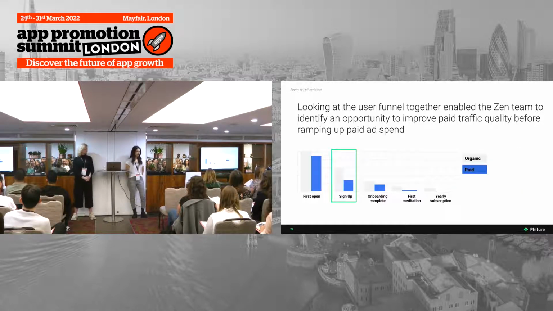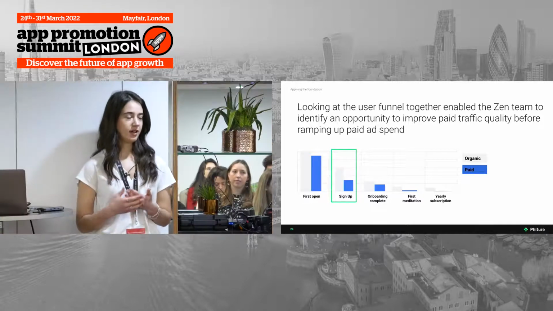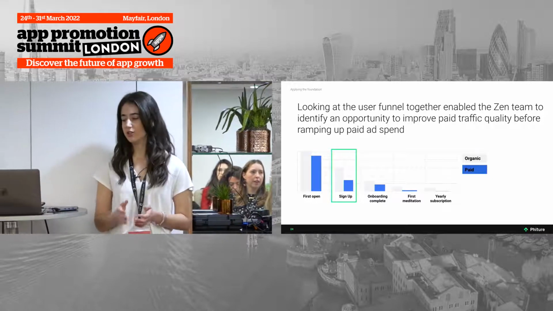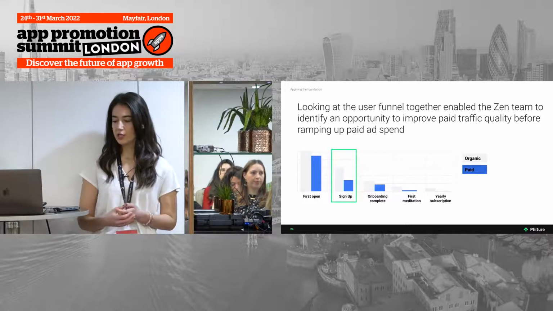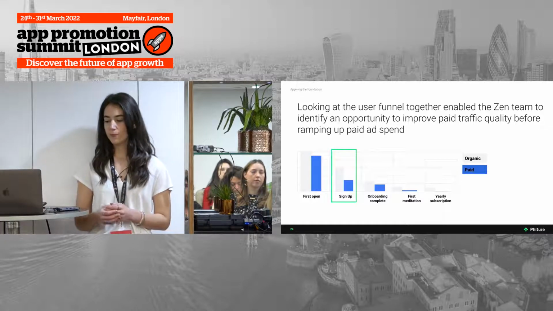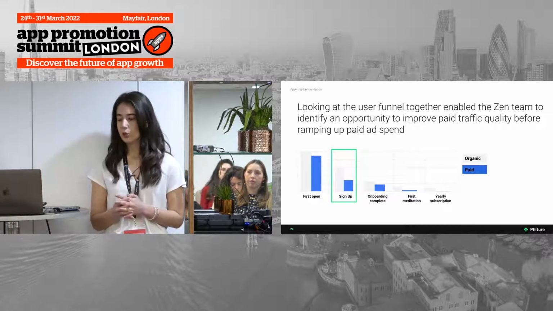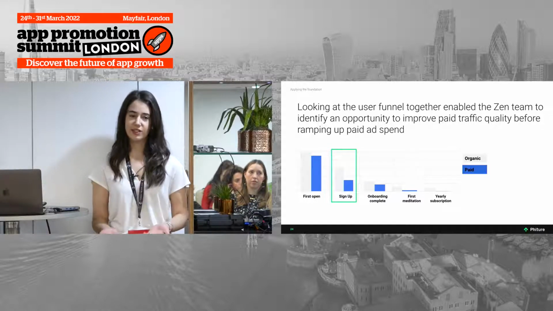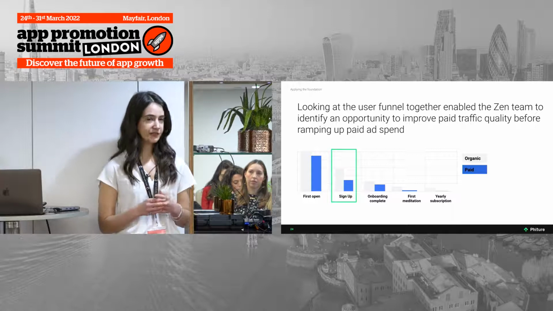So if we were to actually apply this with the example of Zen, and we had the UA and CRM teams sitting down together, and let's say, for instance, they wanted to look at the user funnel because the campaigns were hitting the CPI goal, but beyond that, we were seeing it was driving poor traffic. And so when the user acquisition team, let's say we were to only look at the paid traffic, we might at that point blame the product and say, we're bringing in the traffic, it's the product that's not converting the users. But when we compare the organic traffic, we see the same thing.